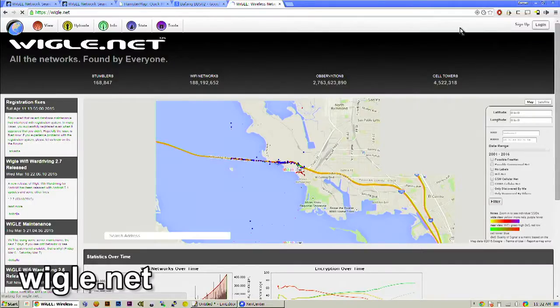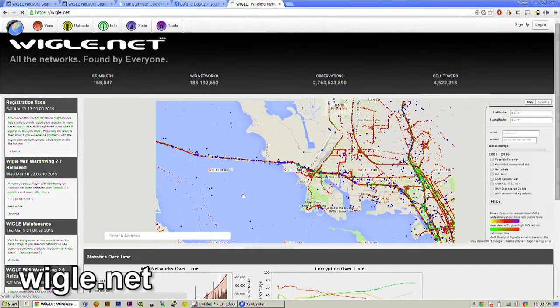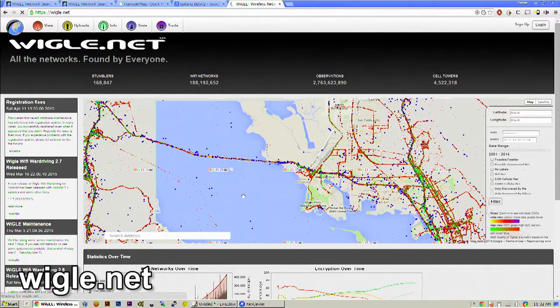I've been tracking pineapples. Tracking pineapples. Like actual fruit pineapples? Wigle.net, if you haven't been to it, check this out. They just got a facelift, and Wigle is really beautiful. It's basically, if you're into war driving, when you scan for wireless networks, they have a collection of 188 million wireless networks now. This is crazy. This is the kind of stuff that Skyhook or other commercial services, Google has their own,